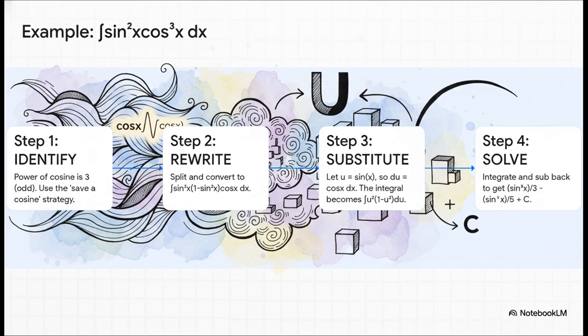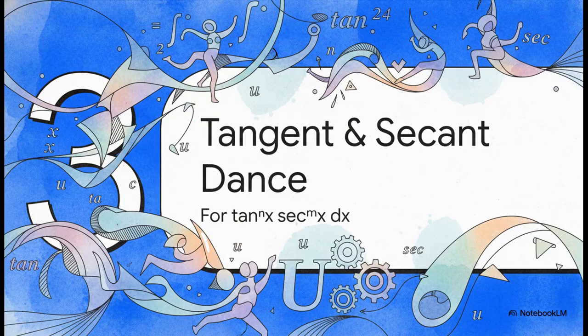From there, it just becomes a simple polynomial integral. Easy peasy. All right, you've totally got the sine and cosine game down. So what's next? Let's see how this same kind of logic applies to our next dynamic duo, tangent and secant. The specific tactics are a little different, but the core strategy of setting up a perfect u substitution, it's exactly